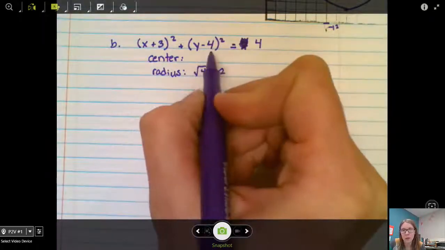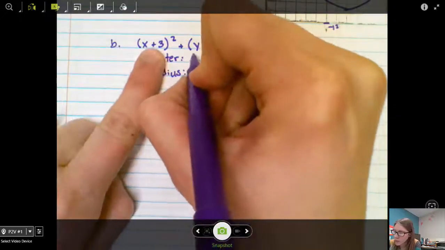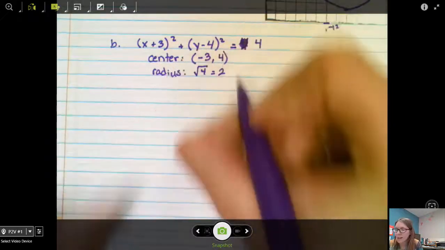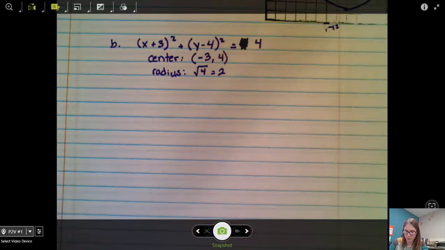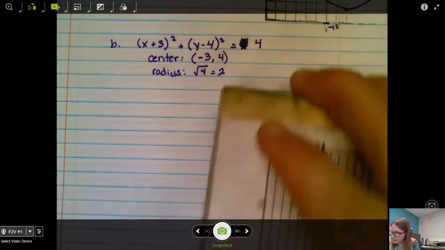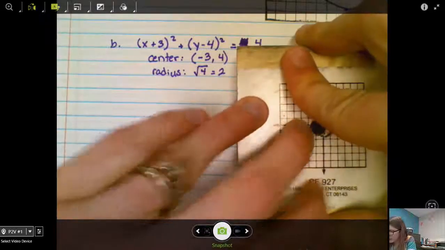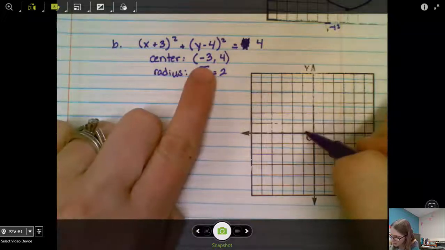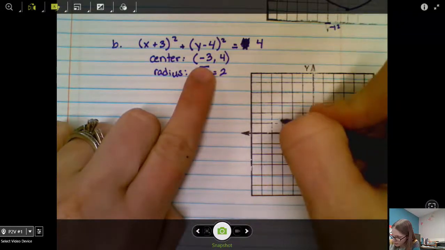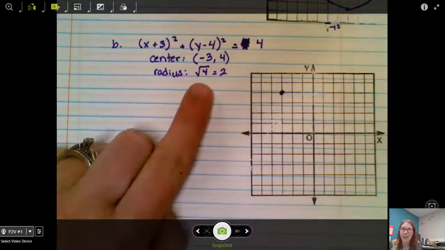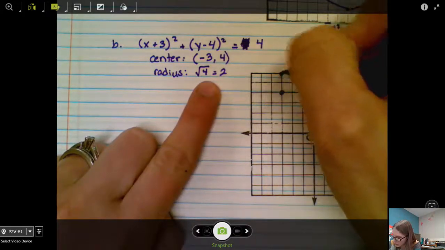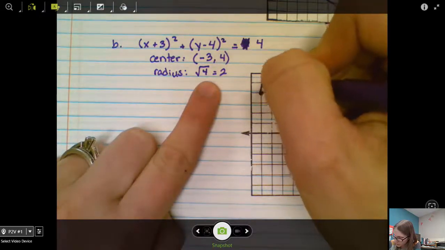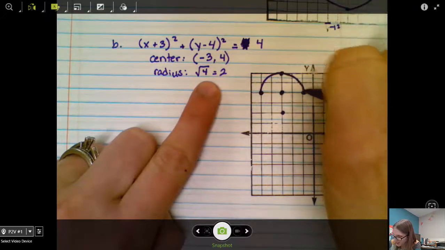These two numbers tell us the center of our circle. Since it's plus 3 though, that means the x coordinate for our center is negative 3 and then positive 4. And then to graph, since this one has a radius of 2, this one will be pretty easy to graph. Just like our last example, we start off plotting our center. Center is at negative 3, 4, and then our radius is 2. So from our center, we go out 2 in each direction. And then do your best to make this kind of look like a